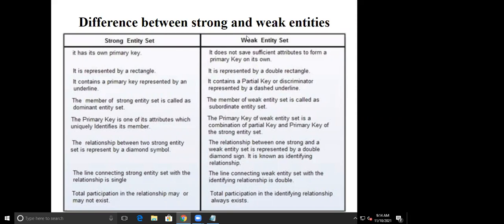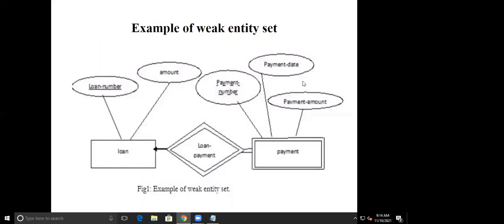A strong entity set has its own primary key, whereas a weak entity set doesn't have sufficient attributes to form its own primary key. In the ER diagram, a strong entity is represented by a rectangle, whereas a weak entity set is represented by a double rectangle.